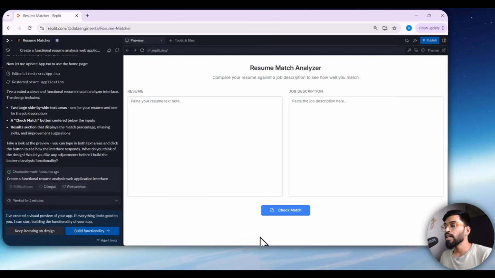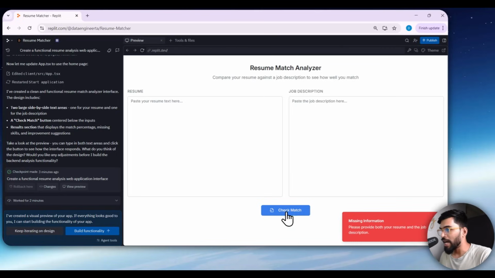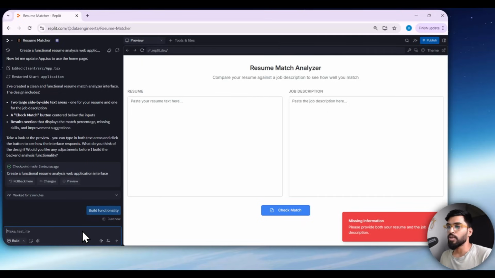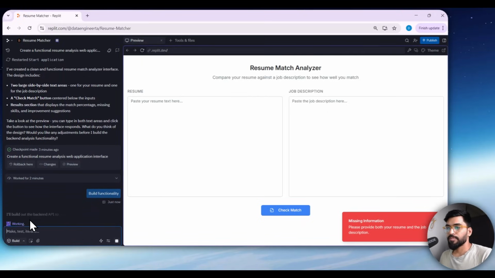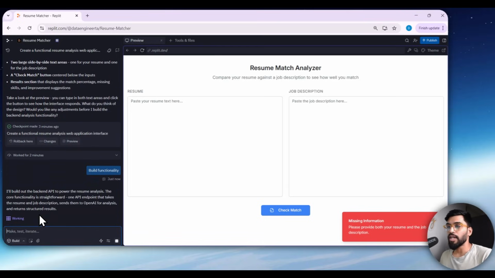But before that, the functionality has not been implemented yet. Imagine if you click check match, you see missing information, and that means the functionality has not been implemented. So I'll just click this build functionality, right? Now the agent has started working again, implementing the functionality.